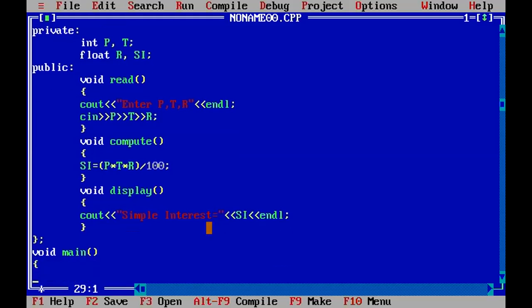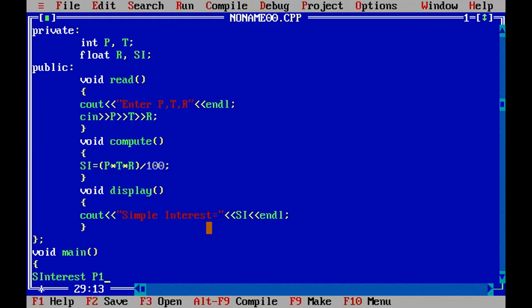An object has to be created using your class name, and I have given the class name as sinterest. So sinterest is my class name, and I would like to calculate the simple interest for a person 1, so I'm going to name the object P1. P1 is person 1 here, who has made an investment.